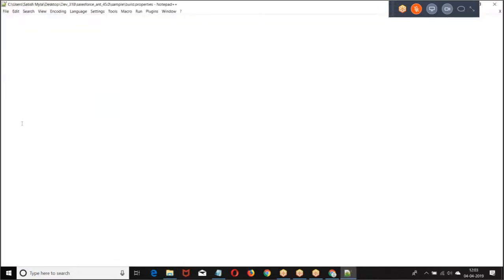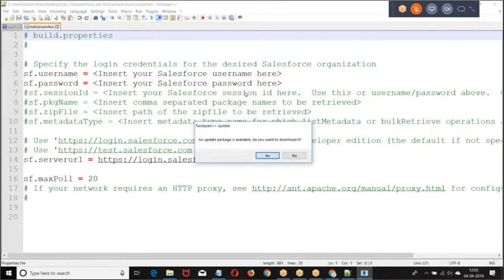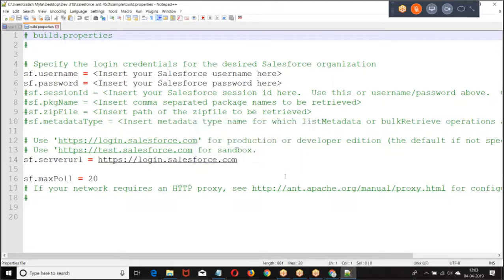What is this build.properties? This file will contain the username and password of the organization from which you want to fetch the code or to which you want to deploy the code.